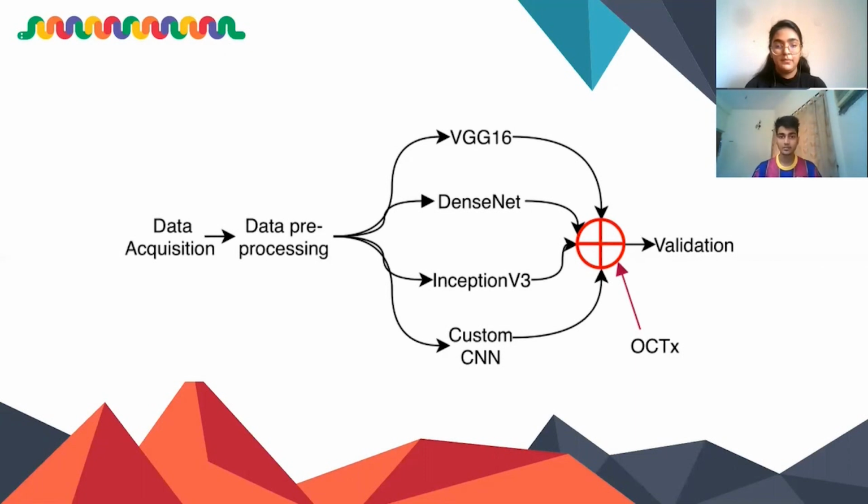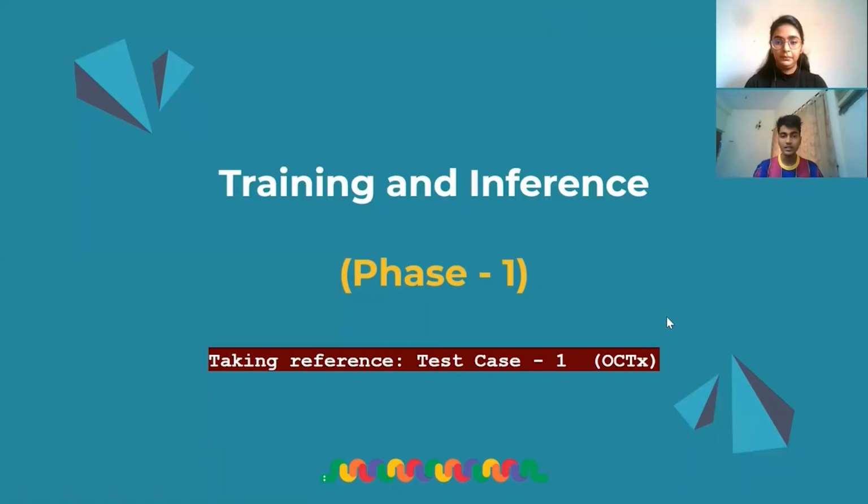Anyway, so this is the workflow that we designed, where we first collate the data from a place called the Mendeley repository. Then we pre-process the data. Then we have these 4 architectures, combined together, ensembled together, and finally we validate the model. Now, there are a lot of questions here. Why these 4 architectures when we could have had our model built with the rest 400? Okay, so we'll go to that in a while.